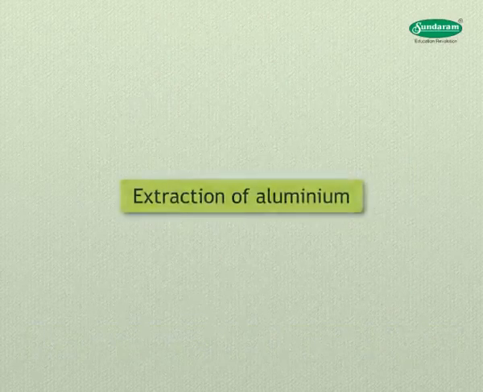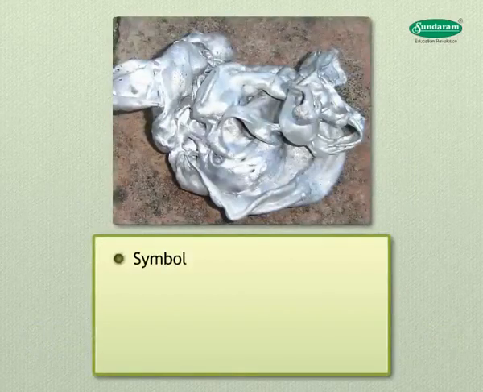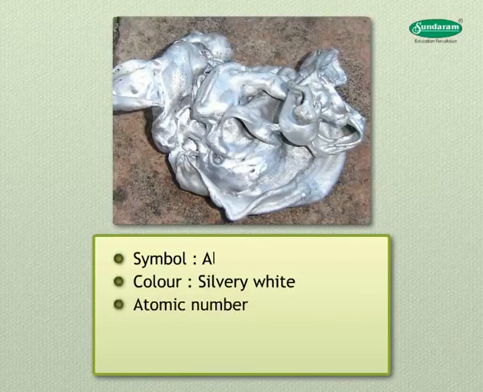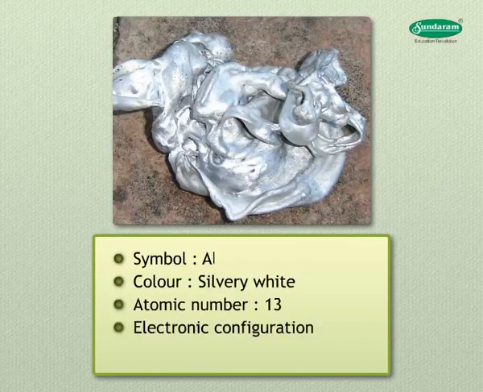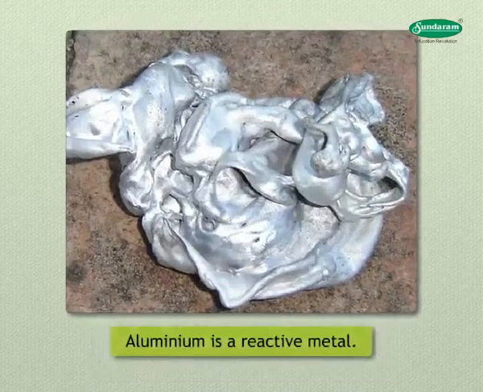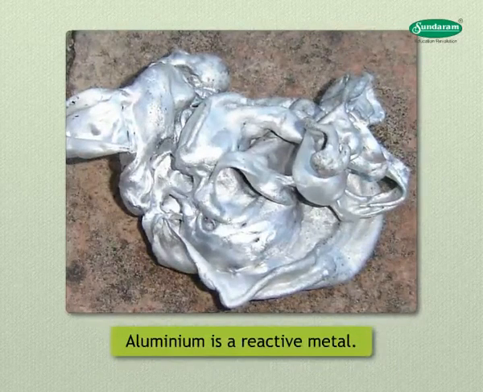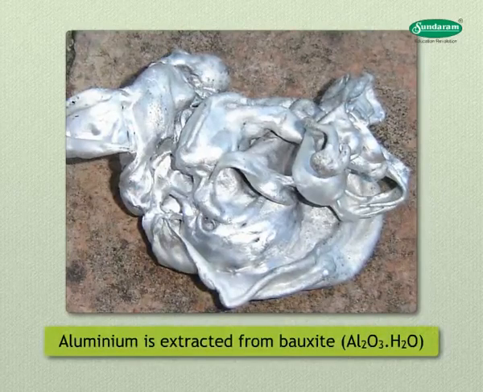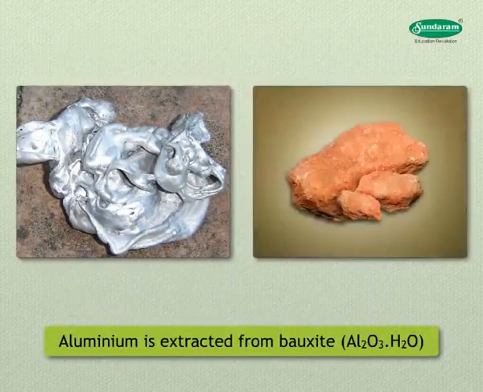Extraction of aluminium. Symbol of aluminium is Al. Its color is silvery white. Atomic number is 13. Electronic configuration is 2, 8, 3 and valency is 3. Aluminium is a reactive metal and so does not occur in free state in nature. Aluminium is extracted from its main ore, bauxite,